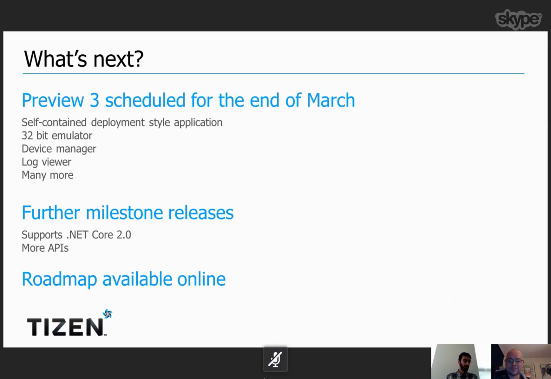So these are some of what's coming next, and actually all of what I've described is available online. We have shared our roadmap online, so I'll show you where you can find that. So here I am back on the Tizen website, and if I go to Introduction and I click on Roadmap,